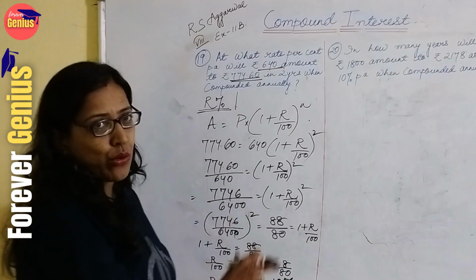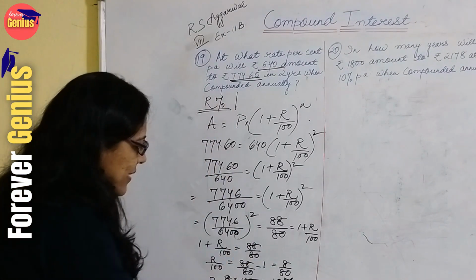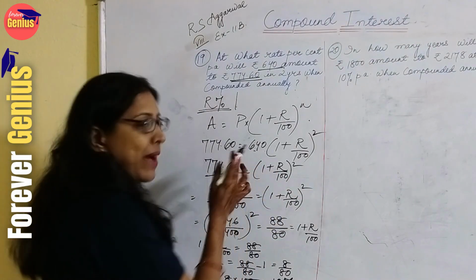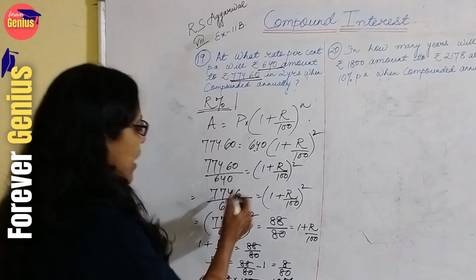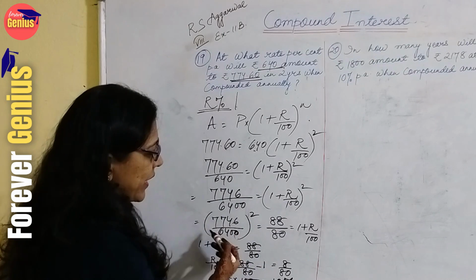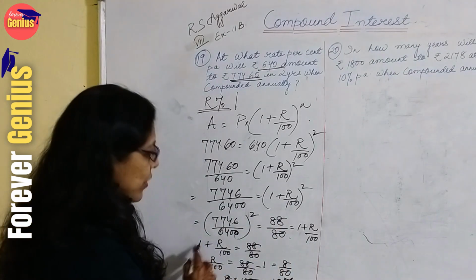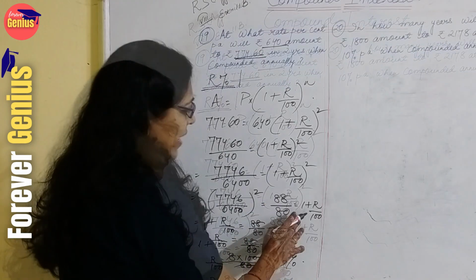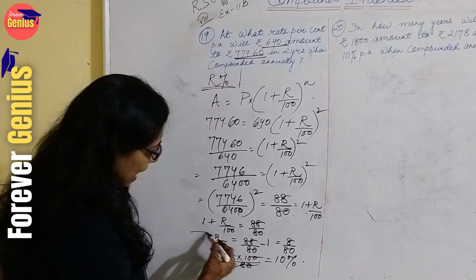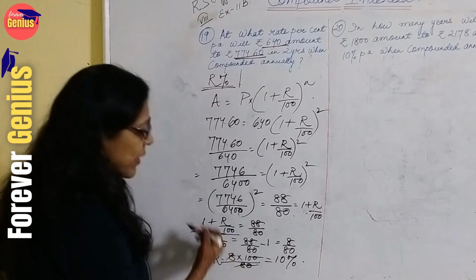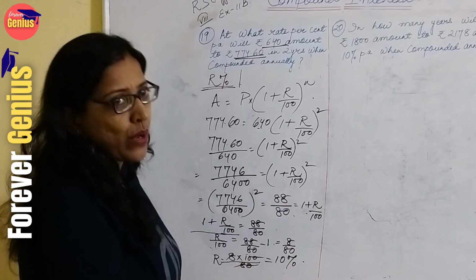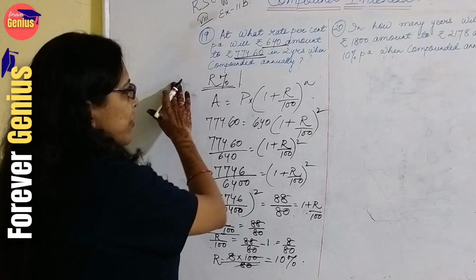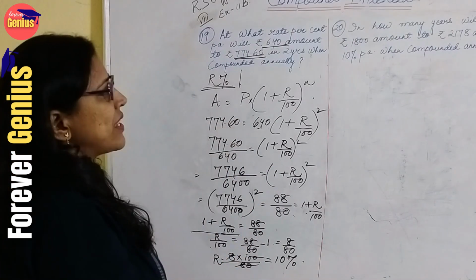So when we want to calculate rate, these are the basic steps which we need to follow. We will find out the square. We will take the principal to the left hand side. Now we'll remove the square and take out the square root. Now if I bring this one, I can do this from the right hand side or left hand side. But if I calculate this and then bring this one, solve the basic equation, addition and subtraction, and then cross multiply and find the value of R. So this is the way we are supposed to do this sum.